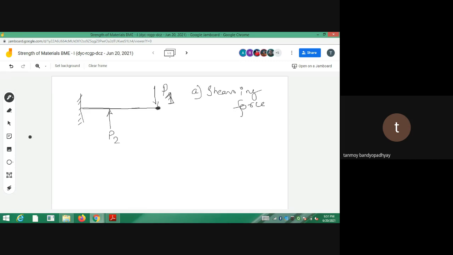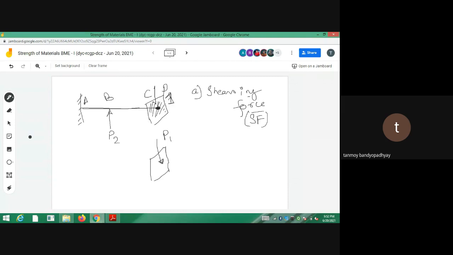If I consider this point in the lateral plane, if I draw this cross section, this force is actually your shear force. That is why it will cause some shearing of the element. If I divide it into three parts, say A, B, and C, and draw the cross section at the point C, there is a force P1 acting on it. P1 has a shearing effect, causing shear forces. When we define how those shear forces vary along the length of the structure, it gives us a diagram known as the shear force diagram.